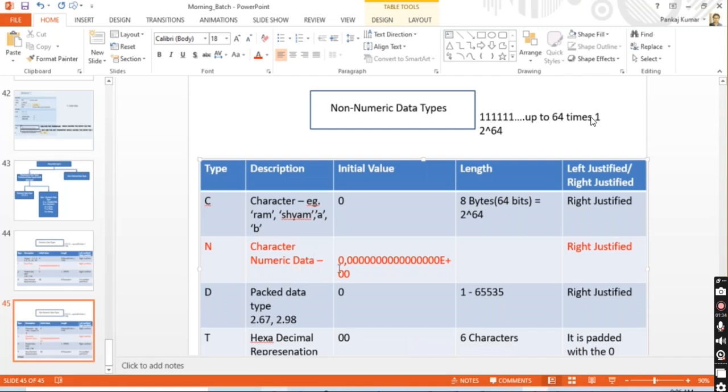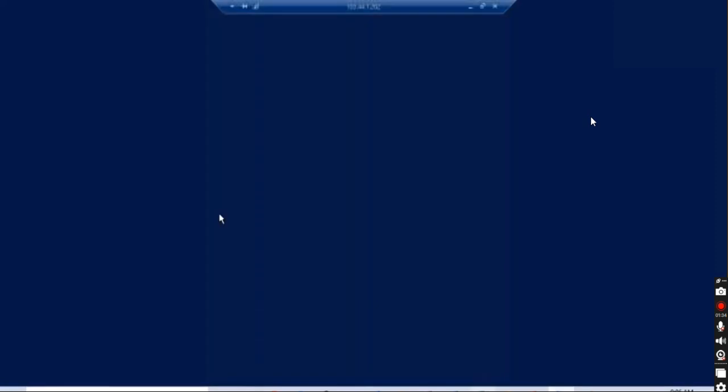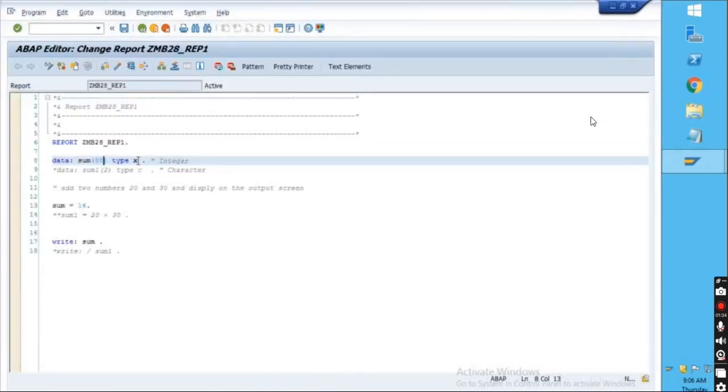Numeric means 1 2 3 4. Non-numeric means A B C D, something like that, right? So in the character numeric data type, the numeric data type will be presented in the character format. Okay, for example, you can see here